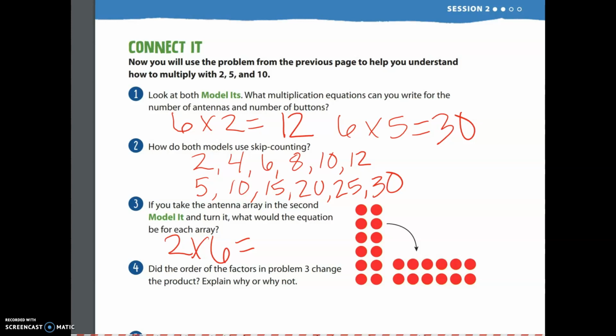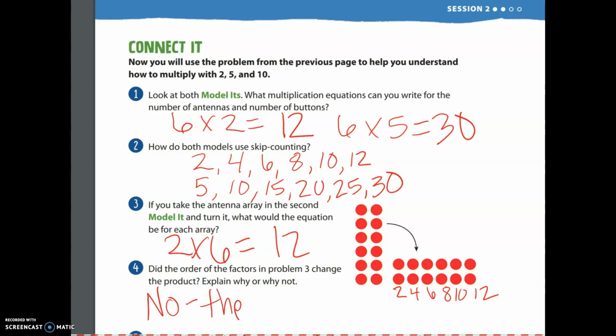Well, let's count that. So we'd have 2, 4, 6, 8, 10, 12, we'd still have 12 buttons. So it doesn't matter if we go 6 down and 2 across, or 2 down and 6 across. Either way you do it, you're going to have 12 buttons. And so number 4 says, did the order of the factors in problem 3 change the product? No,